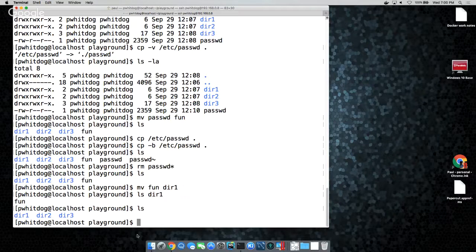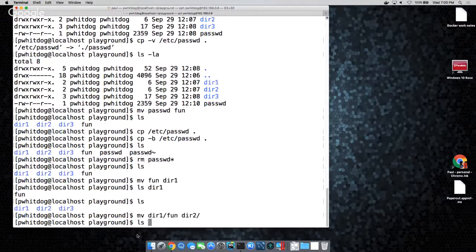Then move from dir1 to dir2. I've got to cd into it? I can do it from here. He doesn't want to do cd. So you're going to move from dir1. Source is dir1/ and tab, right? Oh, fun. Sorry, it's F, we renamed it to fun. F tab, and then move that to dir2. So the destination is just dir2. Right, and then ls dir2.